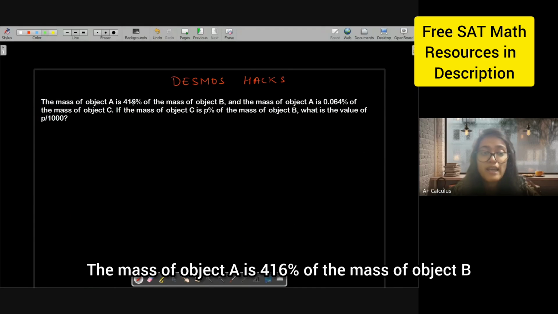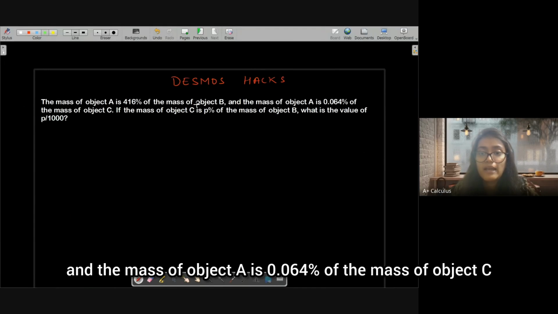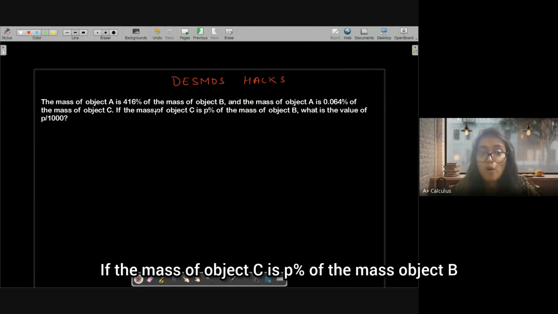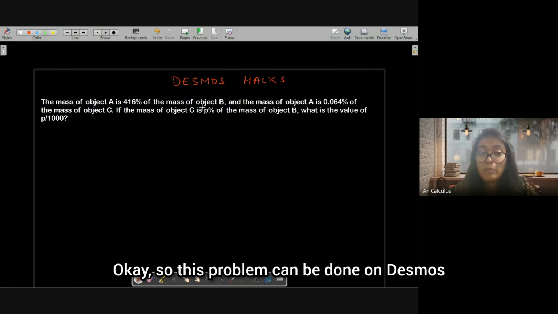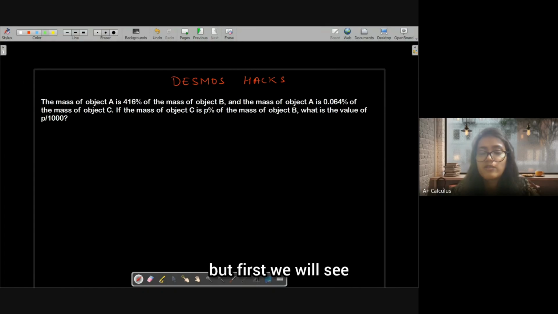The mass of object A is 416% of the mass of object B, and the mass of object A is 0.064% of the mass of object C. If the mass of object C is P% of the mass of object B, what is the value of P over 1000? Okay, so this problem can be done on DESMOS, but first we will see how we can solve